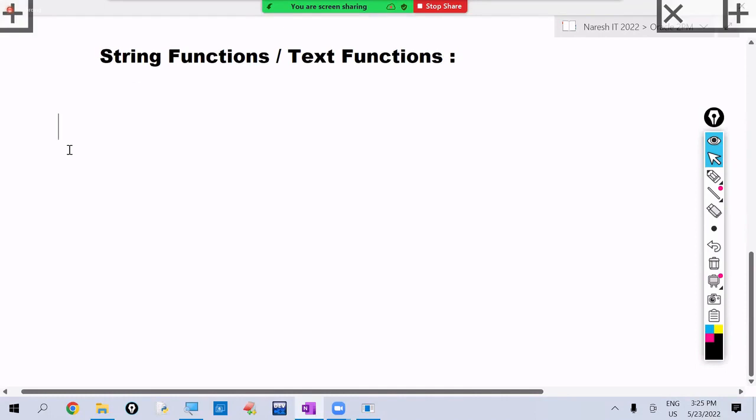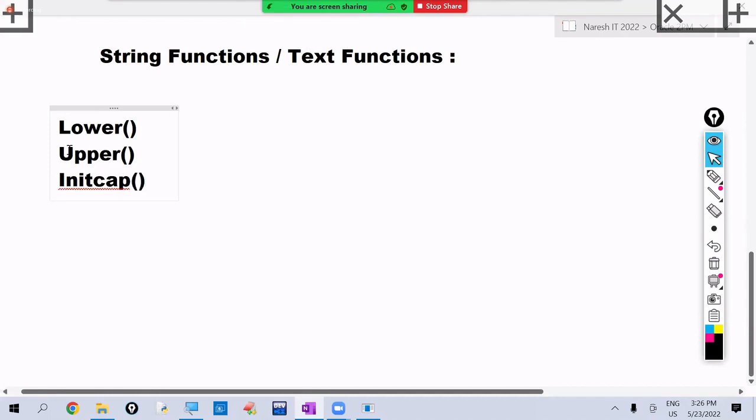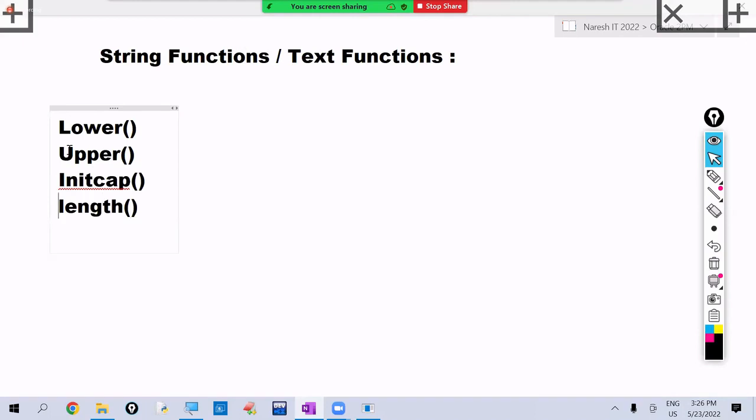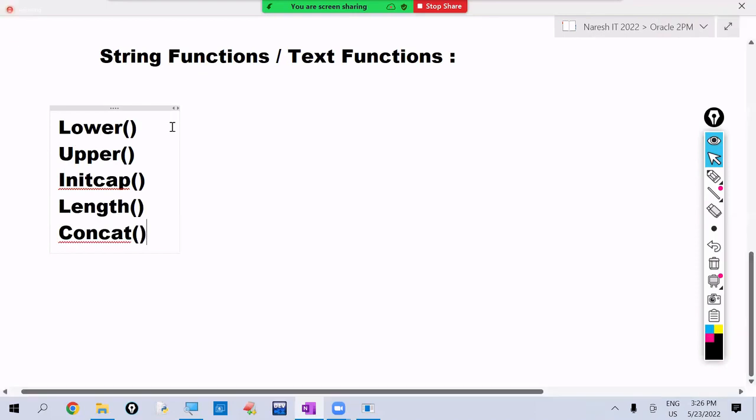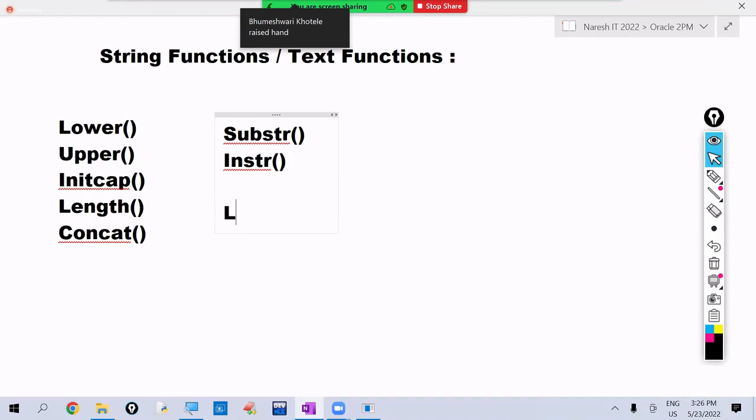Oracle SQL provides functions like the lower function, upper function, initcap function, next length function, concat function, substring function, instring function, lpad function, rpad function, reverse function,